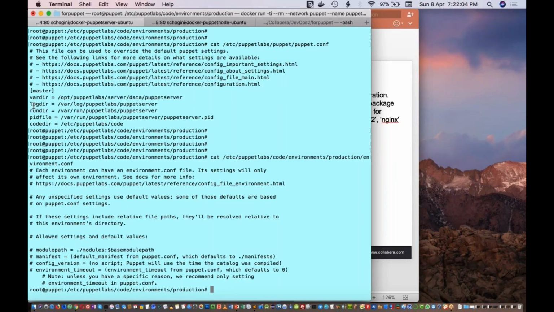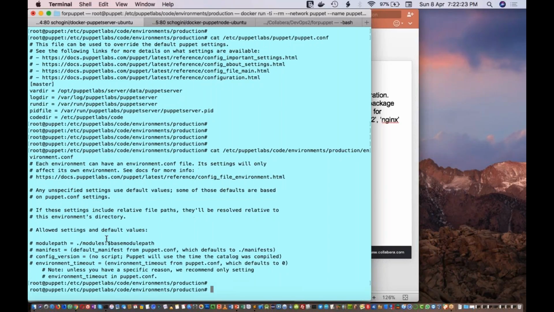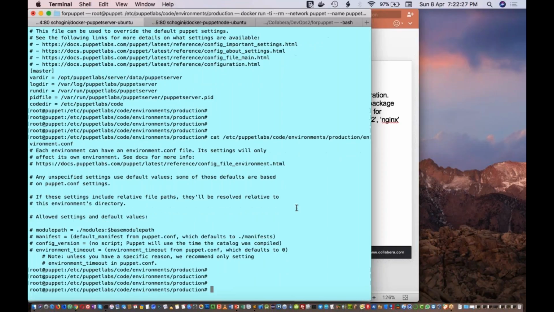So if you specify some other path for log dir inside your environment.conf, then whatever nodes are inside that particular environment will use the new path as the log directory. So this value will be overwritten for nodes in this environment. Like that, you'll be able to specify environment-specific variables using these files.